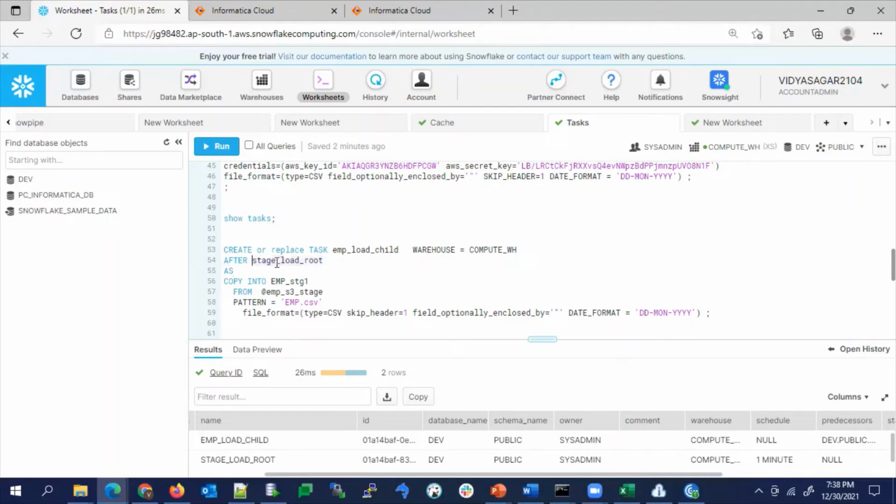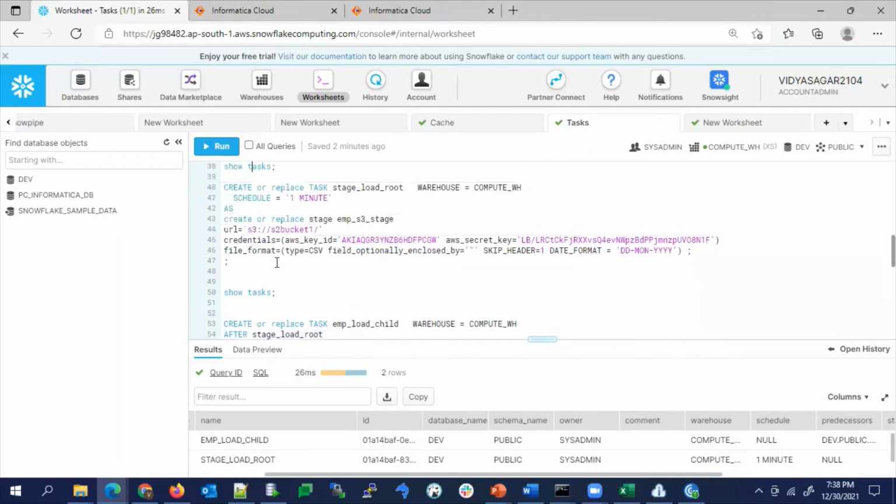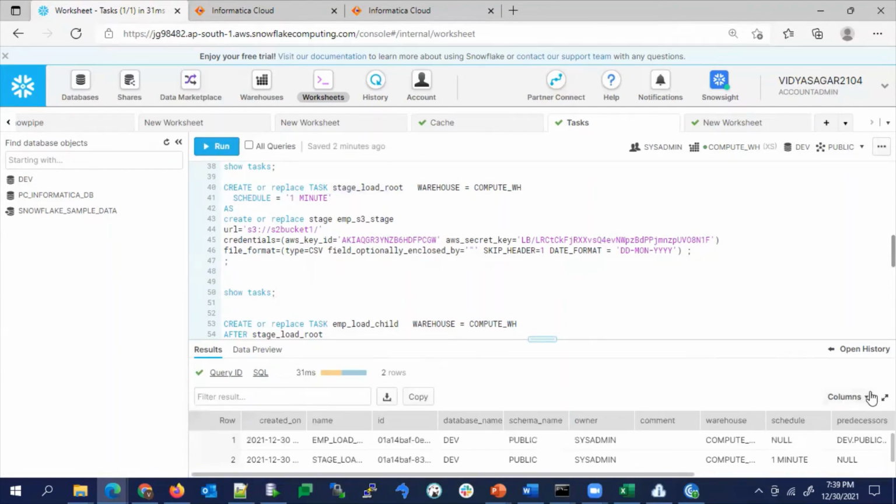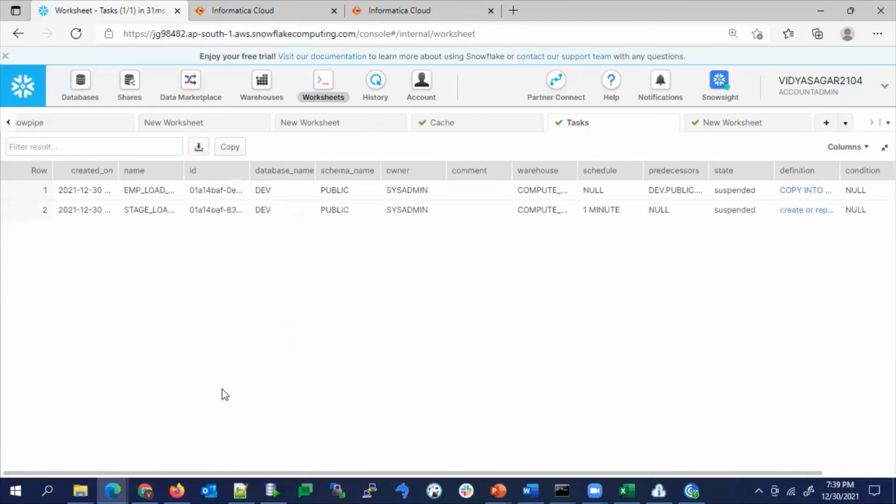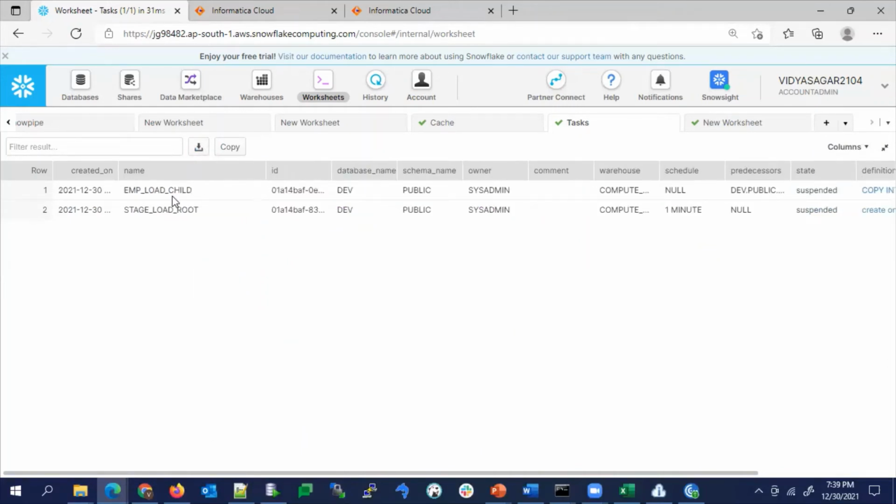What does this stage load root mean? It is the first task whatever we are creating. To create the second task, we need to set it as dependent using the after command. And we need to give the schedule only in the first command, the first job, meaning the task. Now if I show tasks, you are able to see two tasks, one is root and the other one is child. And we have certain other properties: database name, schema name, owner, and the warehouse you are using. And if you observe the schedule,